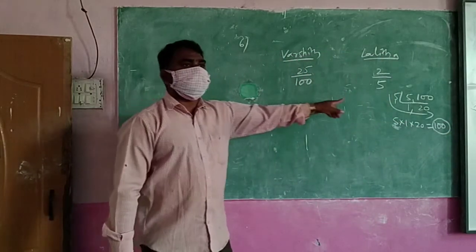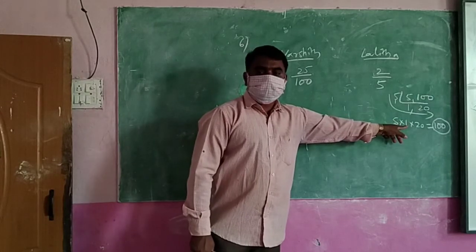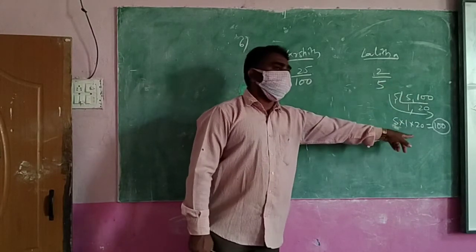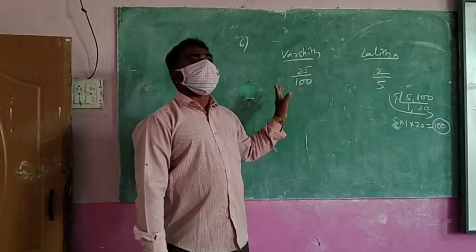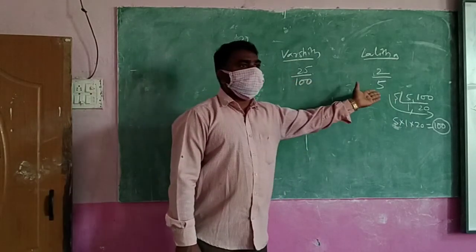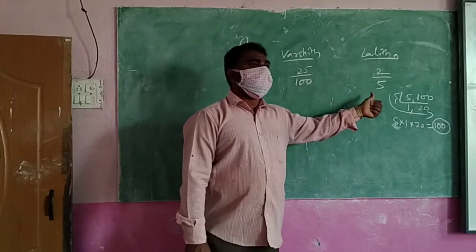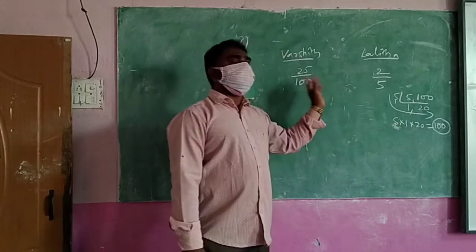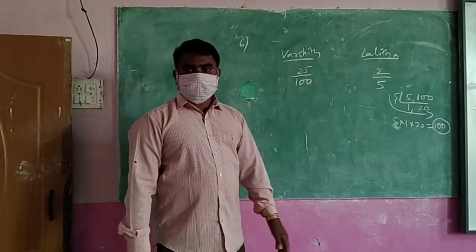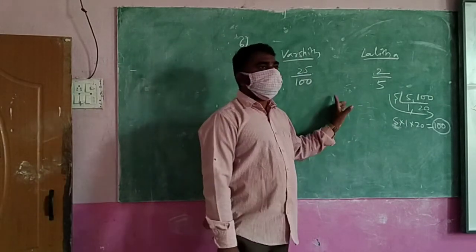Already this is 100 sets only. You need to convert this one only. Yes. And then check which is bigger. Now directly you can't say which is bigger because denominators are not the same. What you do is convert them into the same size. Then you say which is bigger and which is smaller. Okay. Do you understand? Yes. Can you do this? Yes.